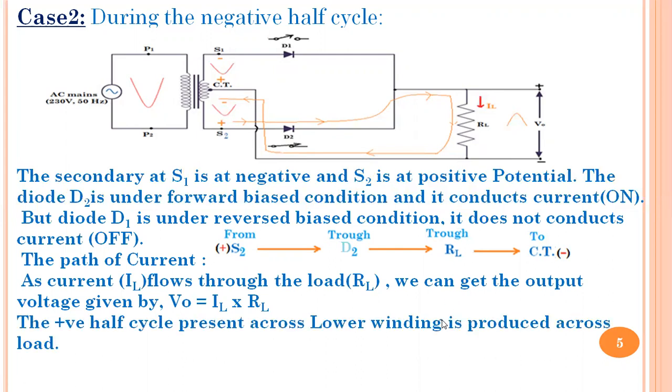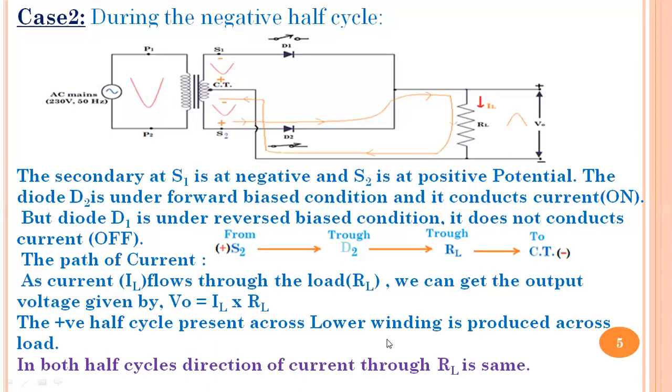We will get the DC output in both half cycles. In this case, the positive and negative half cycles present in the lower half carry the conduction of current in such a way that the current remains a DC current from top to bottom. We will get the resultant DC output. So unlike the half wave rectifier, we find here in the full wave rectifier, in both the positive half cycle as well as the negative half cycle, there is a continuous flow of current.